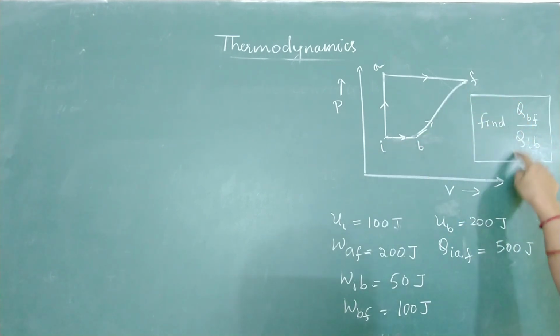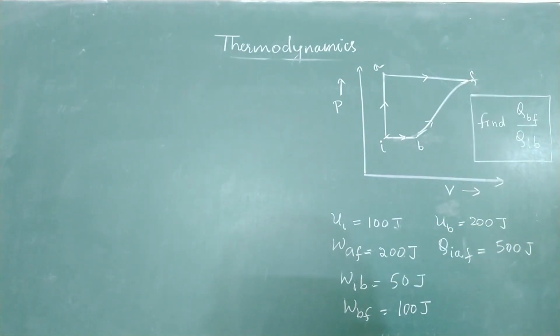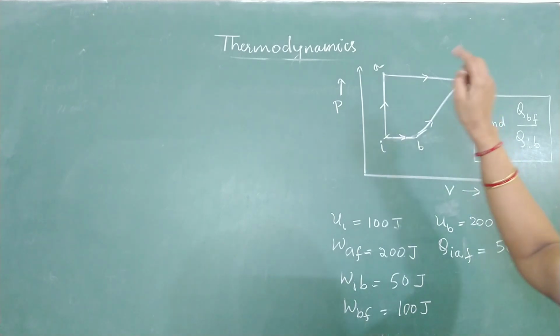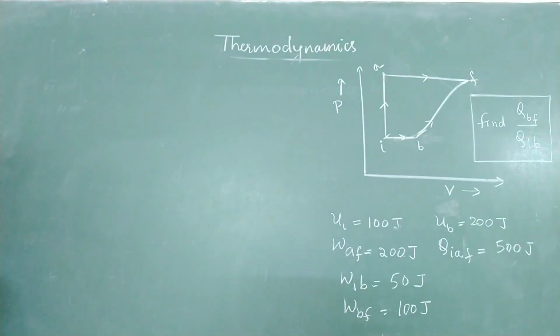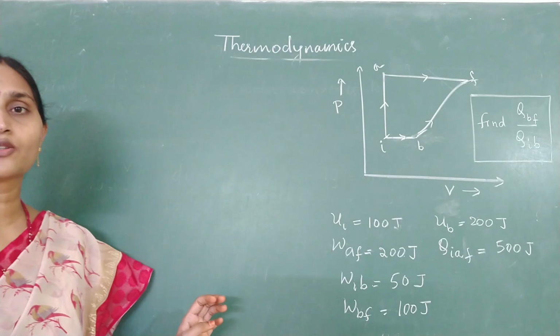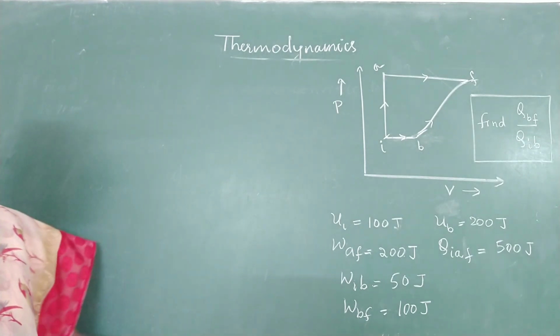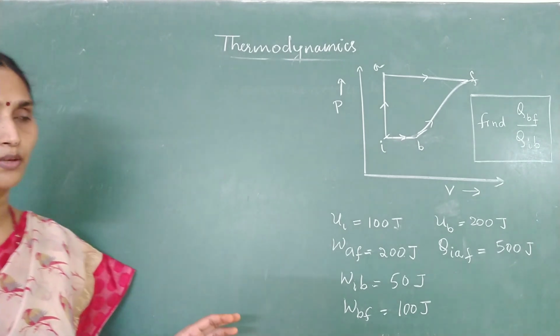So to get this answer, remember whenever you move from one point to another point, internal energy, I told you it is a state function. It only depends on initial and final states. So whatever path you are following, the change in internal energy is not going to be different. So I will make use of the first law of thermodynamics for the two different paths and solve the question.